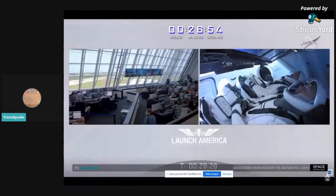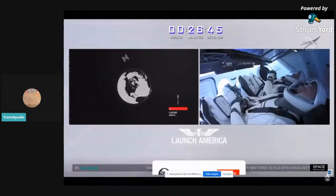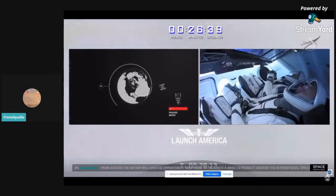Once we hit T0 and a successful launch occurs, we will watch Falcon 9 and Dragon make their ascent until the Falcon 9 first and second stage separates and sends Dragon on its way to the space station. And at this point, mission operators will prepare Dragon for on-orbit operations, where the vehicle will execute a series of